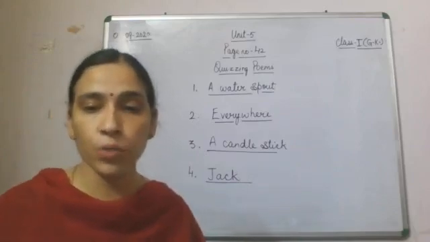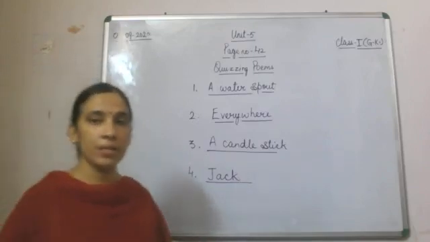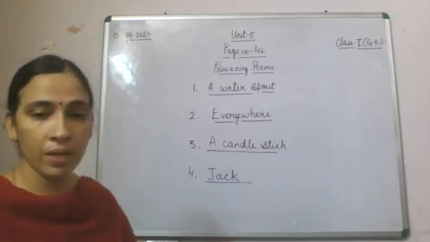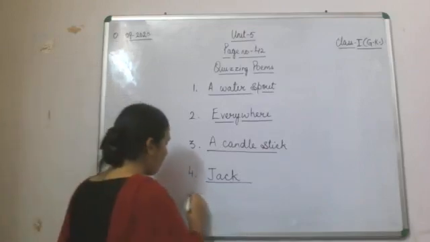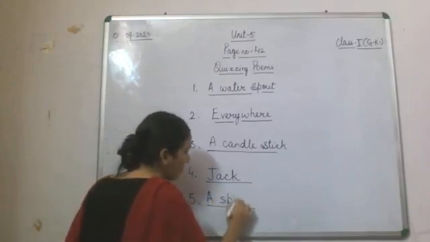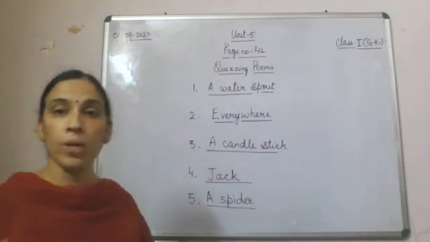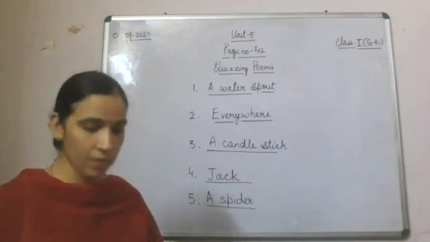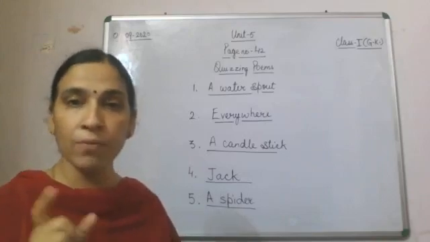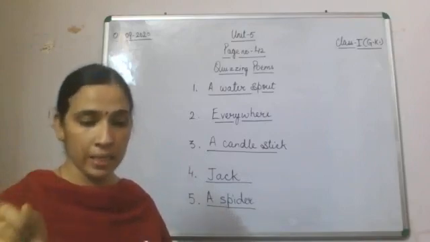Now number 5, what scared Miss Muffet? Scared Miss Muffet means she was scared of what? What scared Miss Muffet? A spider. Number 5 is a spider. These all are rhymes you have done in your nursery class. Here, in the quizzing poem, you have been asked a few questions related to the poem only, and you have to give answers related to that poem